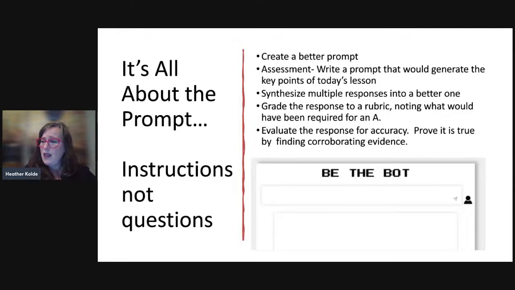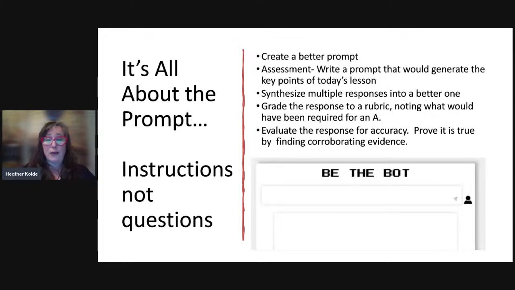But I think a simple way of thinking of it is likening it to helping students narrow a research topic for a paper. So we want to give as much explicit direction as we can to the AI to get the best output. Some ideas that I've used in the classroom, some of these are from AI in Education, Matt Miller's book, and just different places that I've been gathering or things that I've come up with.